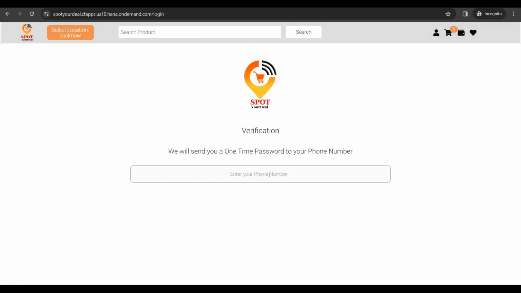Then we have to enter our number through which we log in to the website. Right now we haven't logged in to this website, so it is giving us an instruction to log in first, and only then are we able to order our product. So my number is 99.